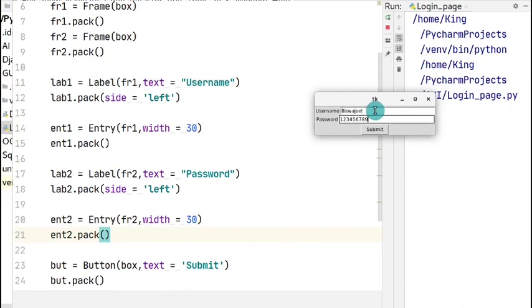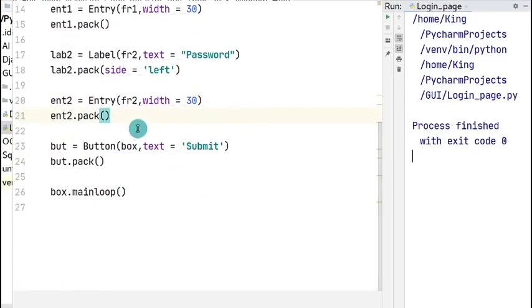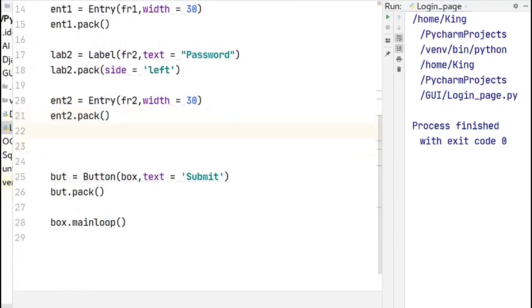but this looks something fishy. Generally, the password columns are encrypted and will not be visible. In fact, the word is replaced with a star. So to configure that, we have to use a small syntax as config. So on the second entry, we are going to add a configuration that is config. Here we are going to pass an argument as show. Show is equal to a string, star. Here you can use any kind of variable. I am using star. So let me execute as star and see what happens.